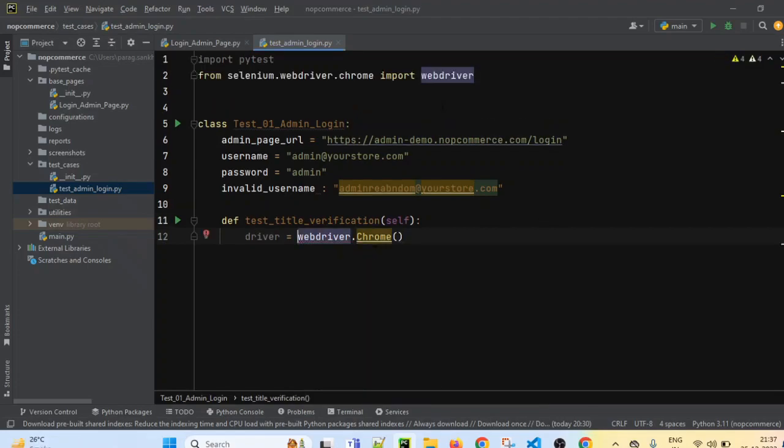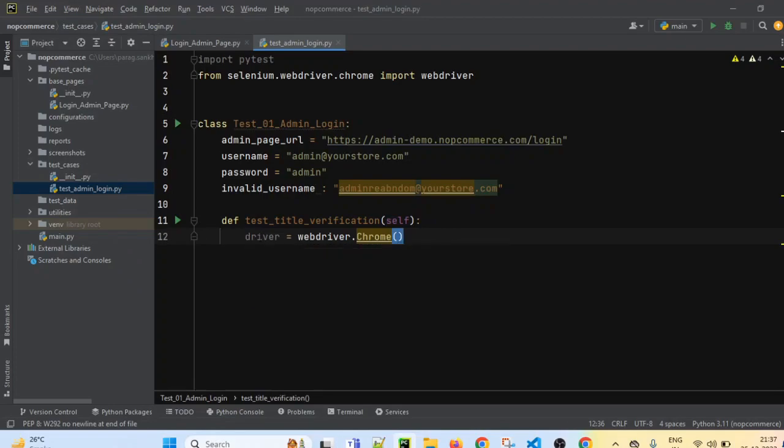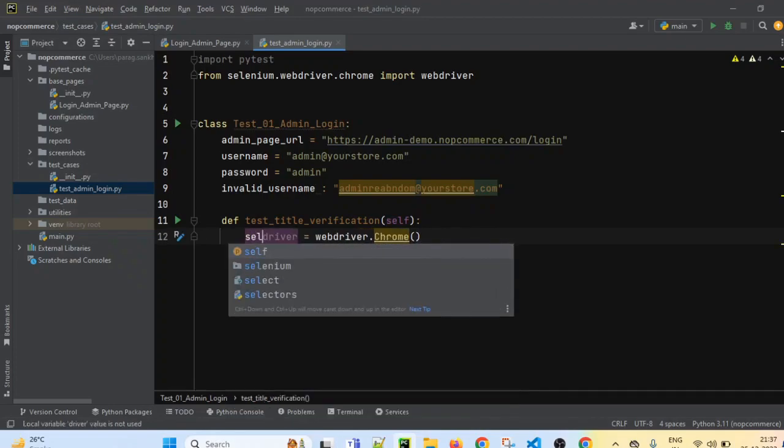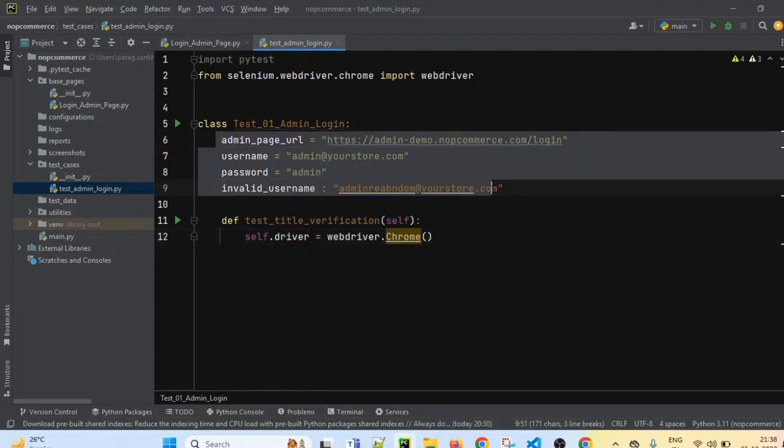So I'm just importing the WebDriver. We are creating the driver instance by using webdriver.Chrome. I can use the self keyword here. So self.driver means this driver we can use to access this class variable.